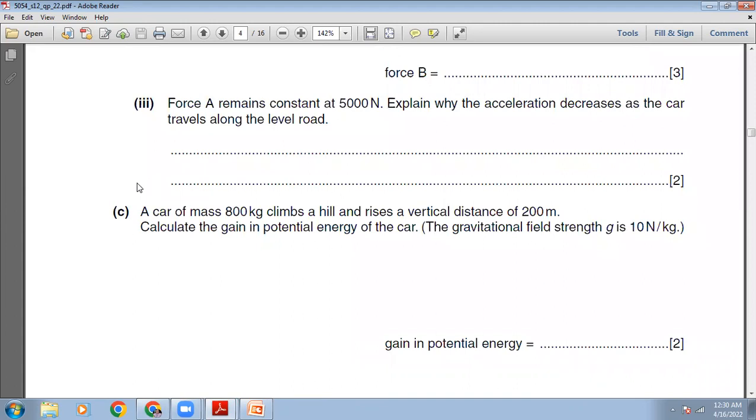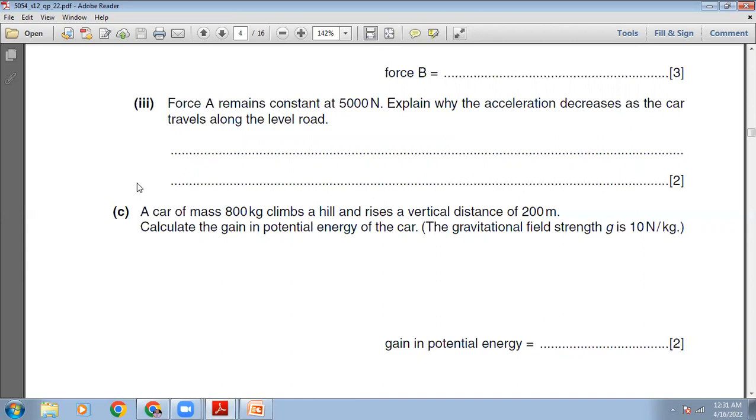Force A remains constant at 500 Newton. Explain why the acceleration decreases as the car travels along the level. As the car accelerates, the speed of the car increases, and so the air resistance also increases. So the resultant force gradually decreases because the driving force is still the same, but the frictional forces are increasing